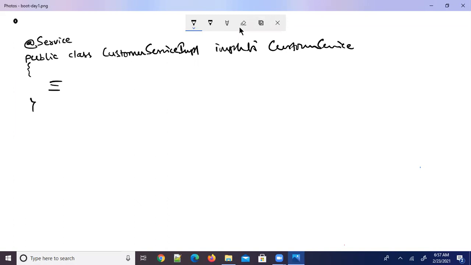Here we are writing the annotation @Service. Annotation name always starts with a capital letter. S is in capital. Every annotation name begins with an uppercase letter only. The @ symbol indicates an annotation. It is an indication to the compiler that it's an annotation. @Service.